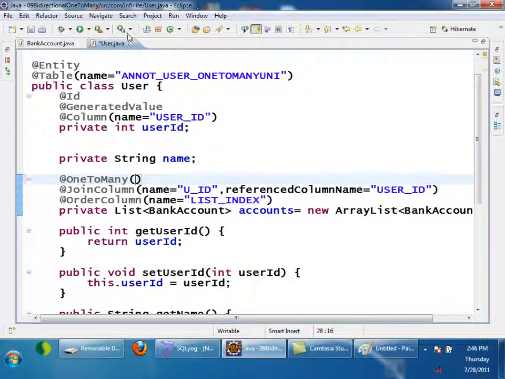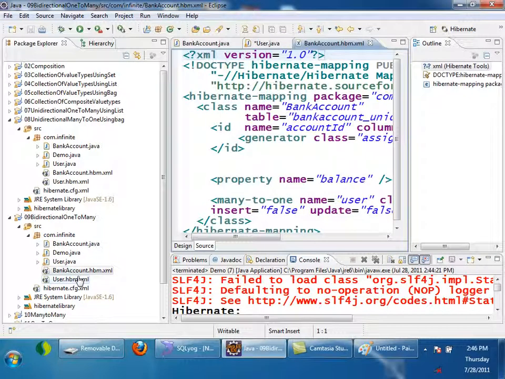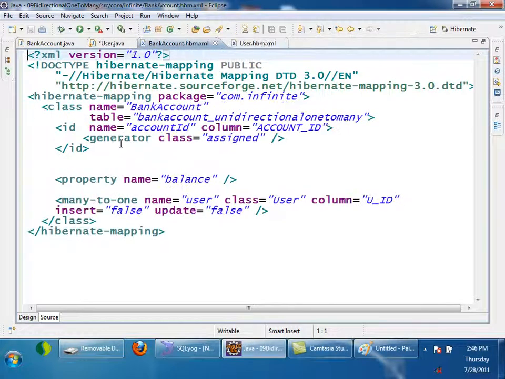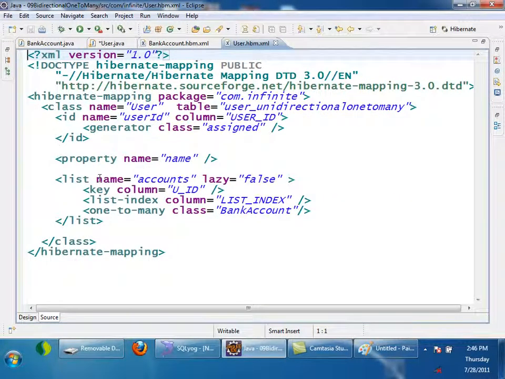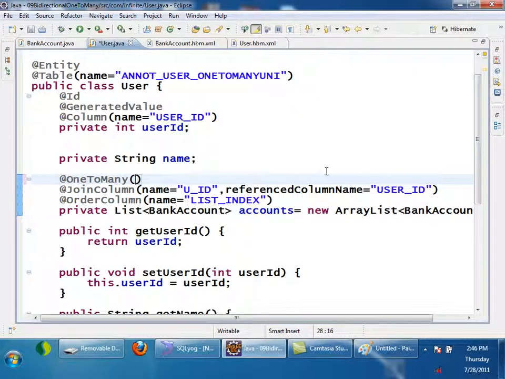I'll just open the XML files and show you exactly. When it is bidirectional one, we configured on the list side, we have to configure inverse is equals to true, right? So here for corresponding to inverse is equals to true, the corresponding column is mapped by is equals to.